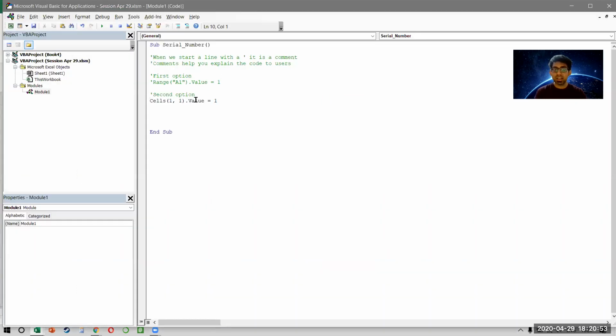The advantage is that both my numbers here are dynamic, which means I can use another formula or another code to manipulate these numbers. The problem with A1 is that this A1 is fixed. I can't change this A1 whenever I want. But this 1 and 1 can be changed whenever I want. And this is what I want to use now, right?